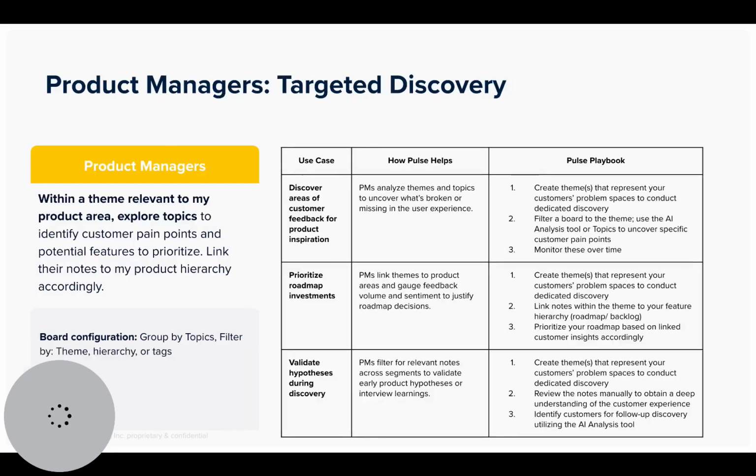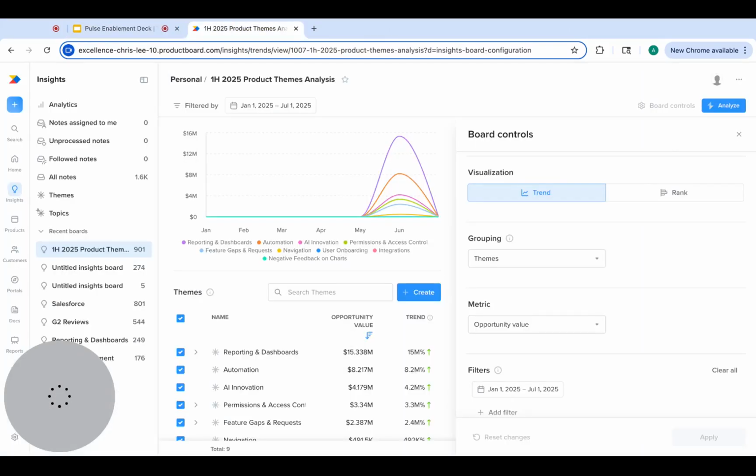As a second example, I'd like to also talk through the product management use case, which is associated with targeted discovery. So PMs will generally analyze themes and topics to uncover what's broken or missing in the user experience. And to do that, what they should do is firstly, create a theme that represents your customer's problem spaces, filter a board to that theme, and then use the AI analysis tool or topics to uncover specific customer pain points appropriately. To quickly show how that works within the product, what I might do within, again, the same board here